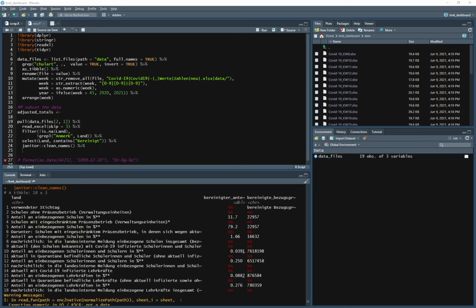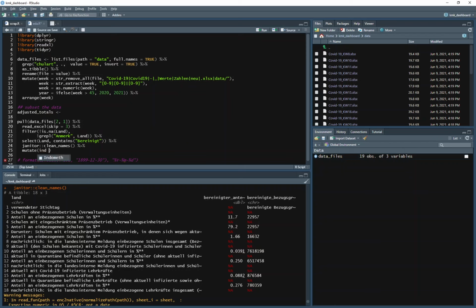We don't scrap all the data. I will do this later. We are now dealing just with these values. So the first thing we're going to do here is the description of the key. So we are mutating